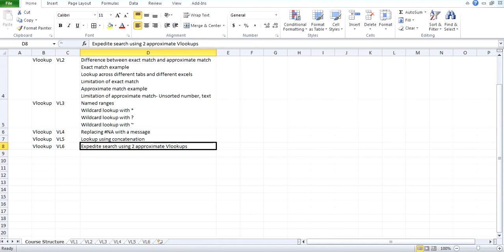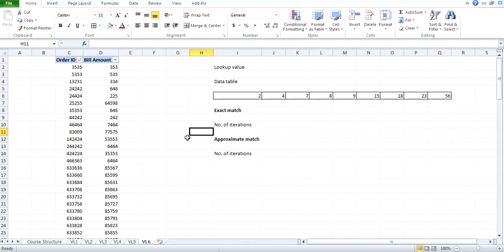In this video, we are going to see how we can speed up a search in a long list of data using two approximate VLookups. So let's get started. To know how that can be done, before that, let's have a look at how exact